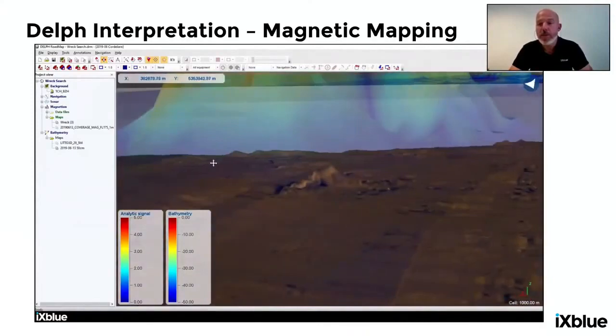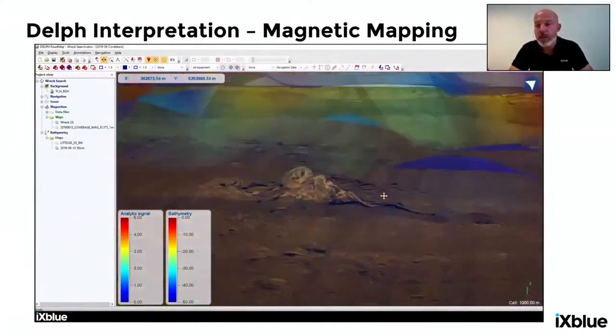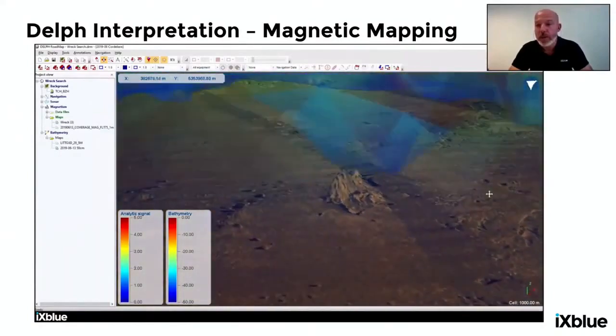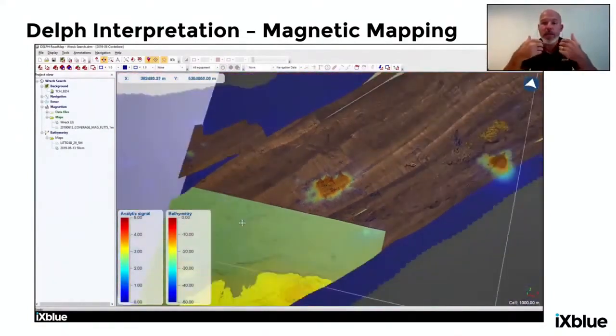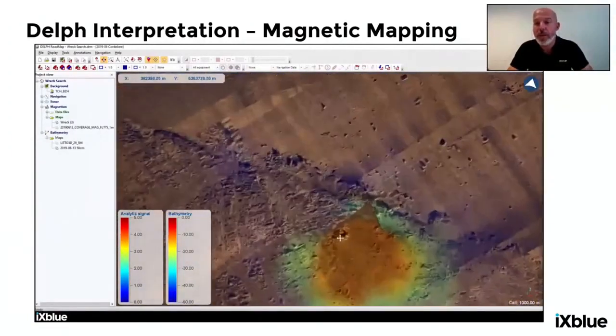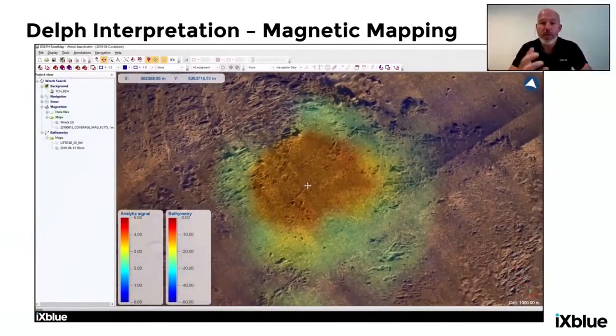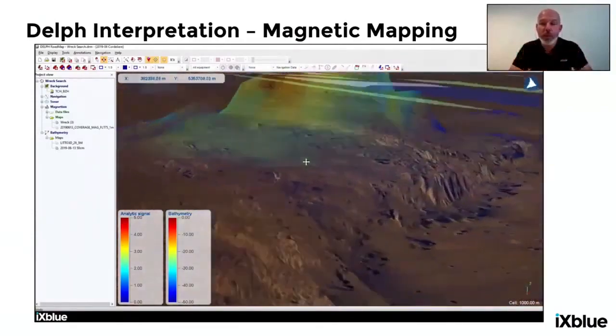So like in this case, we have a big anomaly, and from the side scan, we can directly spot the wreck being displayed right now on screen. So this is how the MAG can be quickly processed and very efficiently drive your interpretation of the side scan records. If it was not at the surface, maybe the sub-bottom profiler in the 3D view can help you reveal